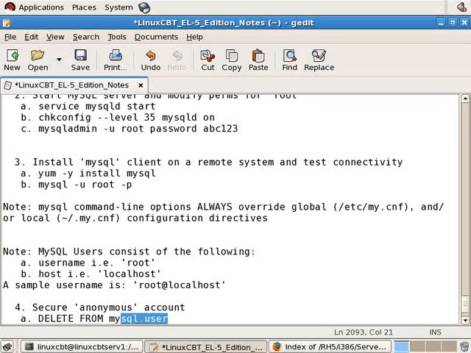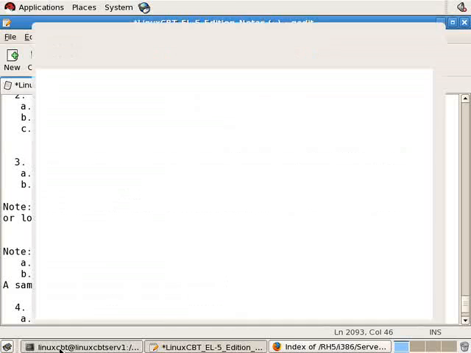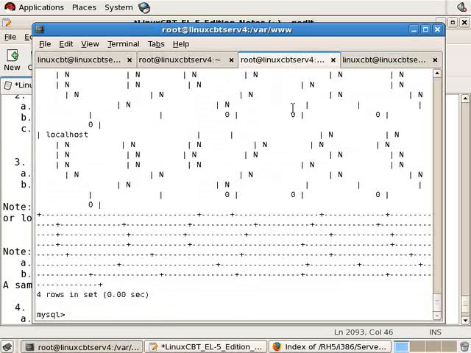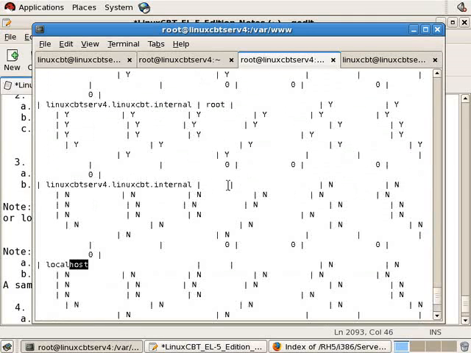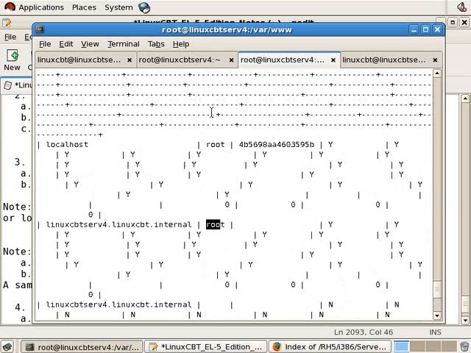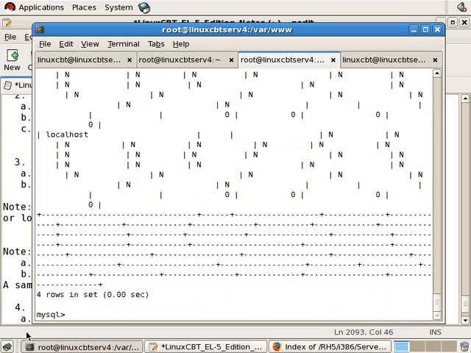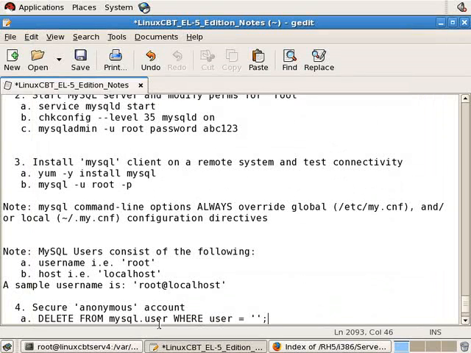delete from mysql.user. This is standard SQL to mean db.tablename. We need a where clause to set our criteria, and the user is going to be equal to nothing. Again, let's just confirm why the user is equal to nothing. When we look at the shell, we see that there's a user nothing for the field, followed by localhost. And there's also a user nothing, followed by the fully qualified domain name. And then we've got two root users, followed by the two versions of the host name. So that's why we delete where user equals blank, because there are two instances